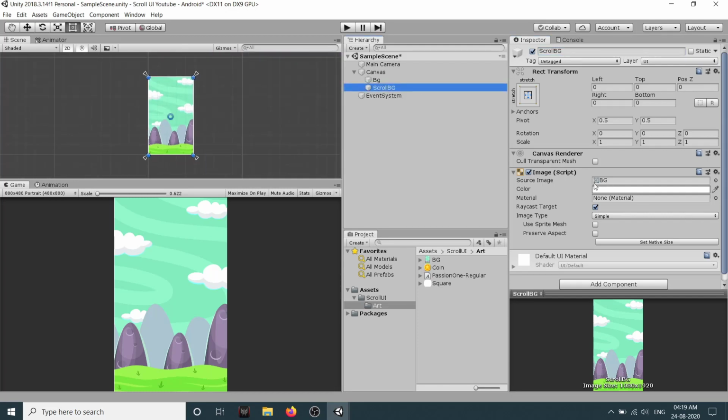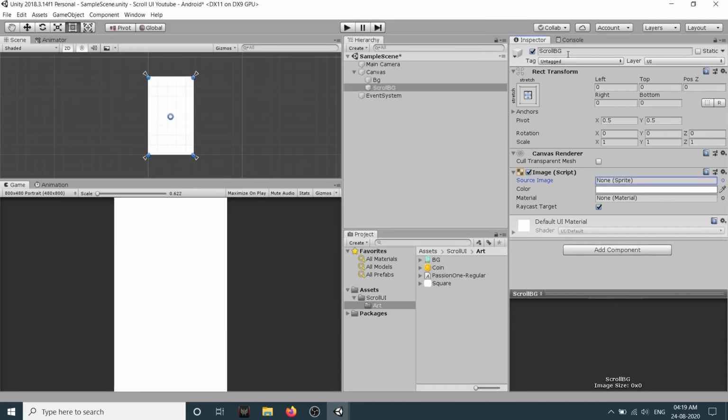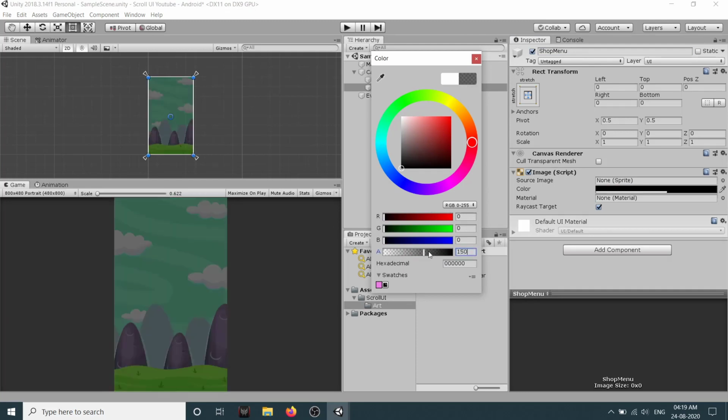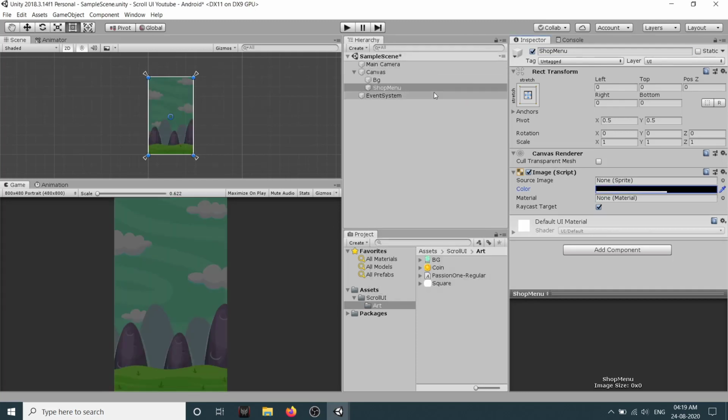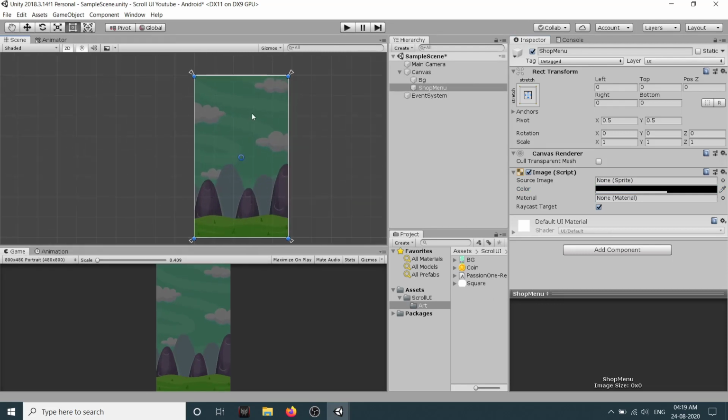And instead of using an image we will make it none. Then we'll call this shop menu and we will make it black and we'll set its alpha to let's say 150. Okay, so now we are trying to make a scroll which is horizontal.